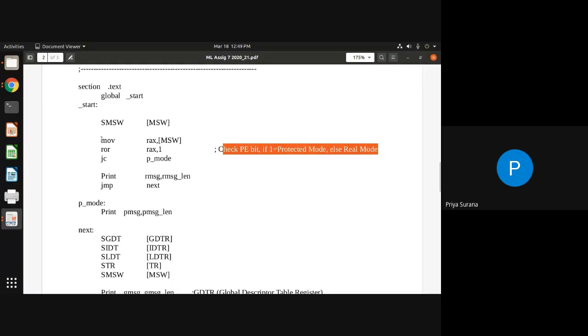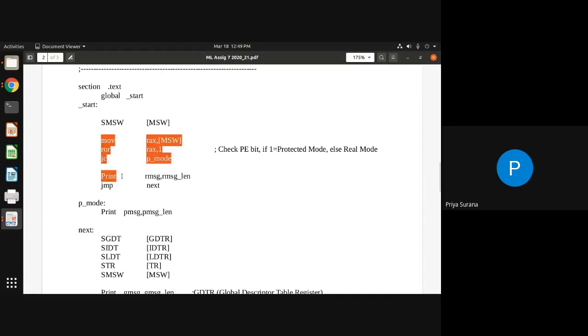This part is for checking whether the processor is in protected mode or not. So first the content is copied into one register.